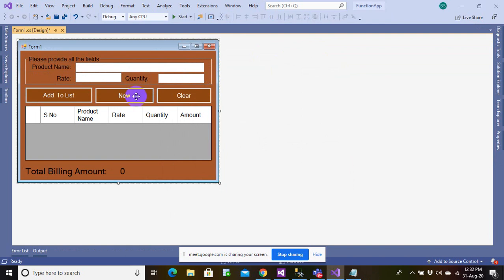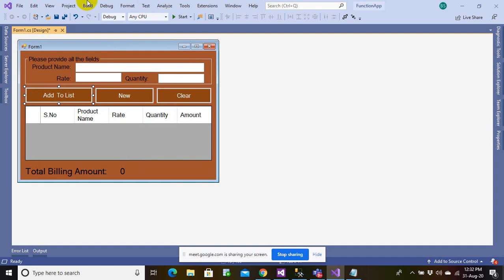And once I click on the new, so this will be all, let's say again starting with a new one. So I should be able to have, let's say, all things should be blank. This thing should be blank once I click on the new, and once I add to list, also the things should be blank, and under clear everything should be blank. So this is what I want, everyone.